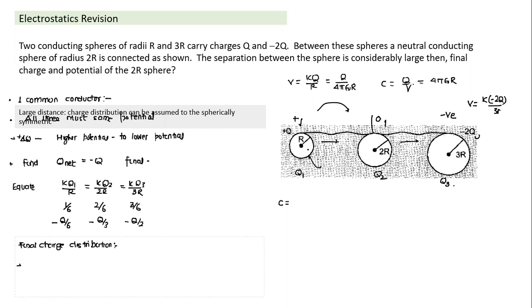So all three have capacitance; I can treat this as capacitance C1, this as capacitance C2, and this as capacitance C3. And if they are all interconnected, can I consider them to be capacitors in parallel? If yes, why? Bhagishri, do you want to consider them as parallel or not? Yes, sir. Why? On one side they're connected all together, and on the other side we can think as if they were grounded. Very good.